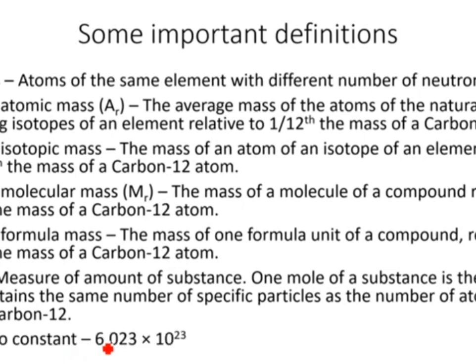Then we have Avogadro constant. So Avogadro constant is basically a number, 6.023